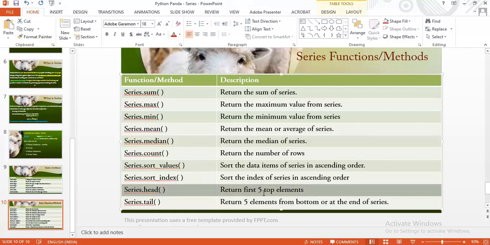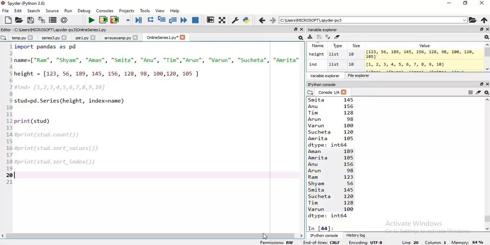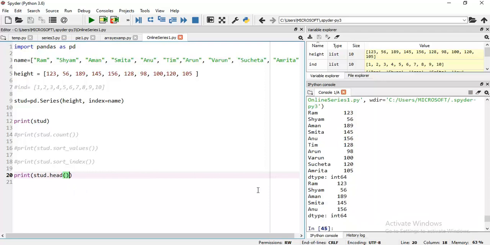By default it returns the 5 records from the top. Let's see. This head, F5. You just see it returned the 5 records, 1 2 3 4 5. And let's suppose you want to see 6 records. Put here 6 and press F5. Now it will return 6 records.